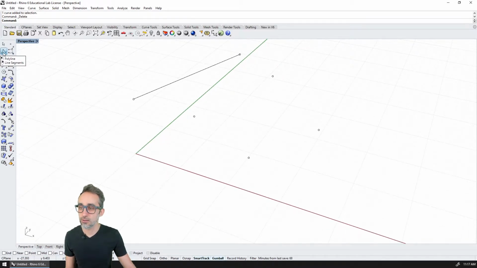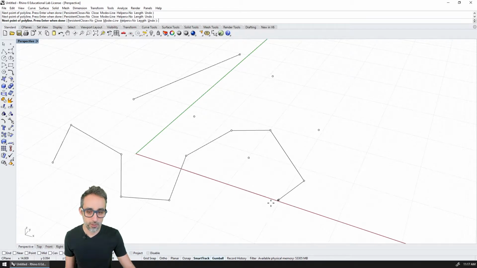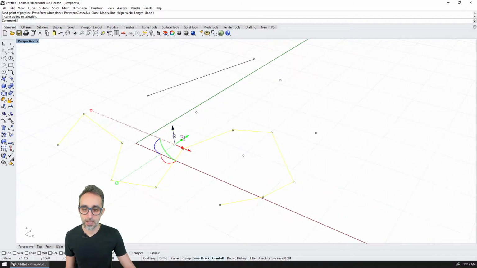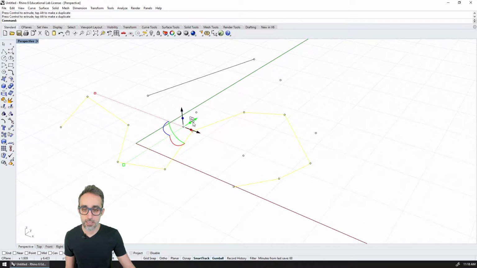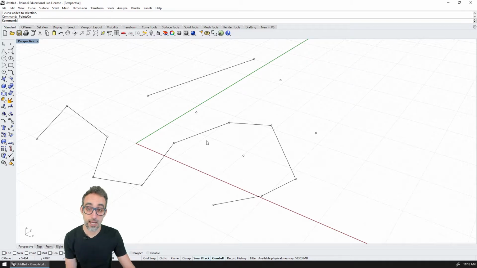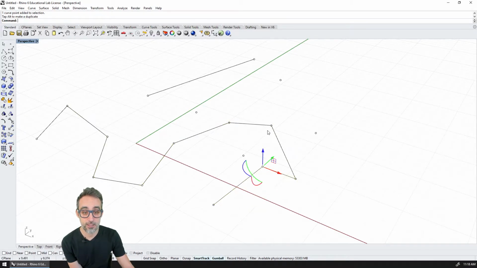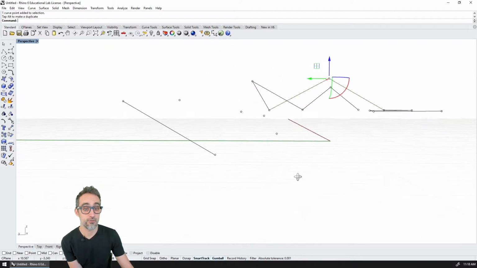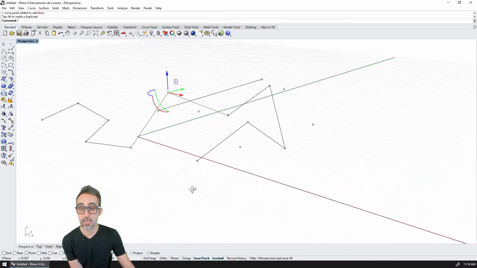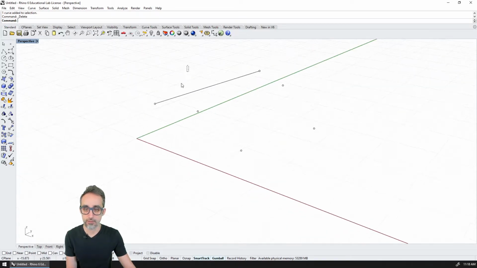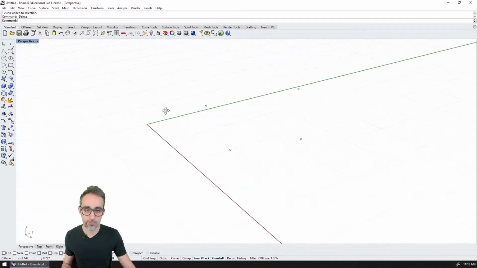I can also, if I long click, select polylines. So I can just click on a bunch of points and have this complex polyline show up. If I click on it, again, I can move it in three-dimensional space, etc. But if I click on the line and press F10, then I turn on the control points, and I can start manipulating each one of them individually, which means that now I have given volume to what was a planar polyline before. I'm going to delete all of this stuff, and now let's get to the good stuff.